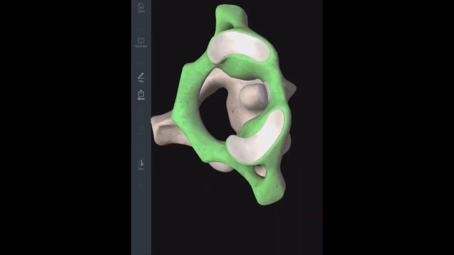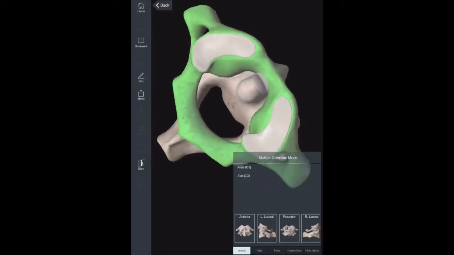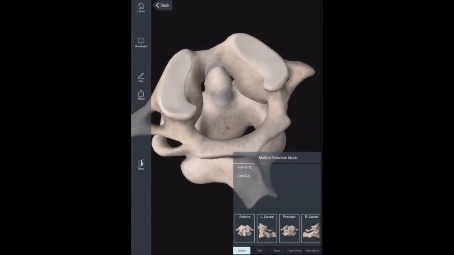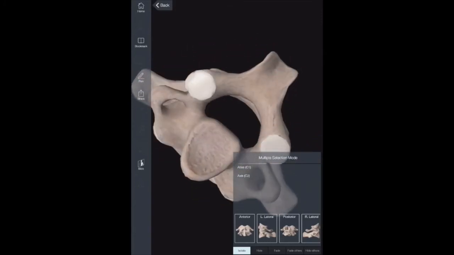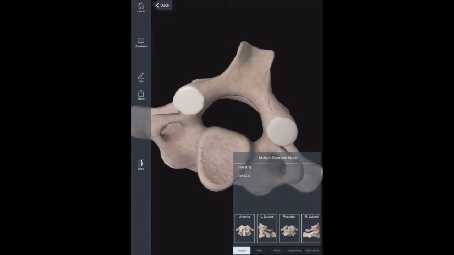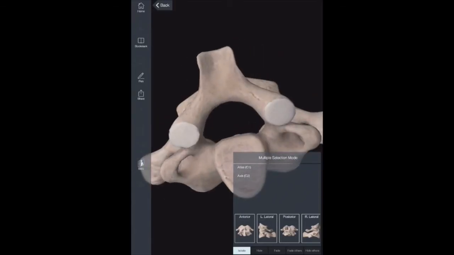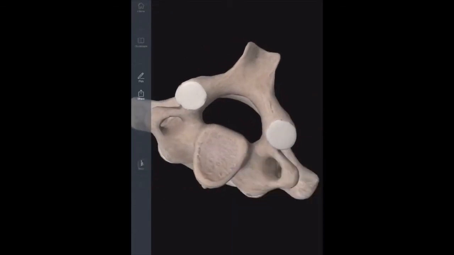Before we leave these two vertebrae, I want to point out one other feature, and that is if we look at the transverse process, if we could look at the transverse process here, you'll see there's a foramen in there called the transverse foramen. And this foramen is characteristic of all the cervical segments and is where the vertebral artery passes through on its way to the brain to supply blood to some part of the brain,